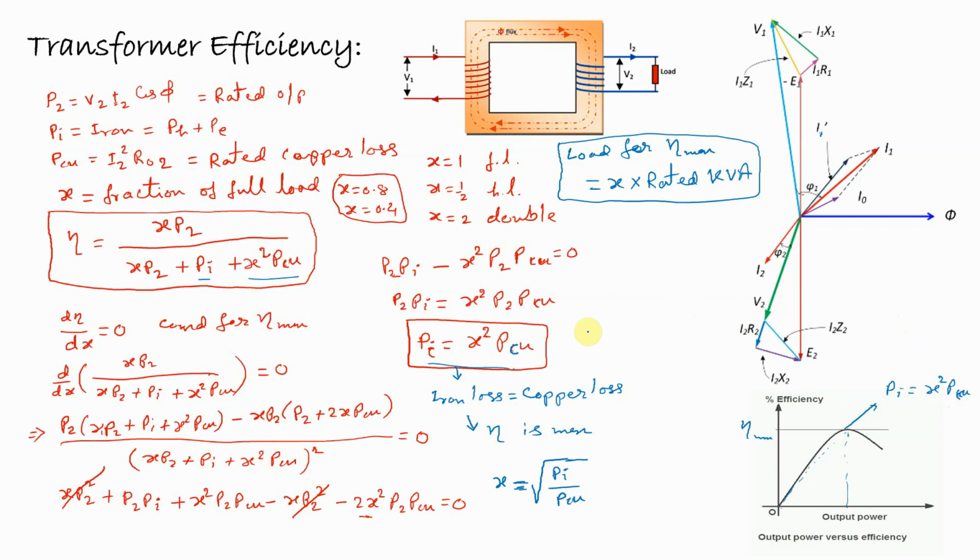Here one thing you have to remember, that the efficiency of the transformer is very high. It is always in the range of 96% to 99%. This is the range of the efficiency. As there is no moving part in the transformer, there will be no friction and windage losses. Therefore, the transformer is the electrical device which has the maximum efficiency, and this is the range of the efficiency of a transformer.